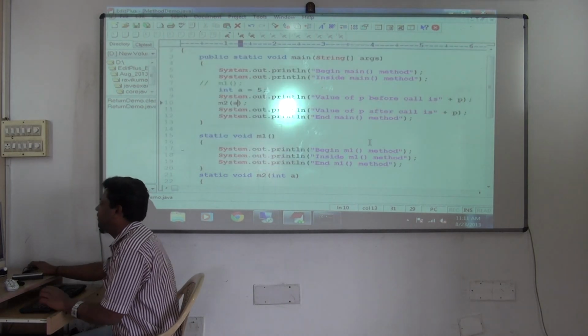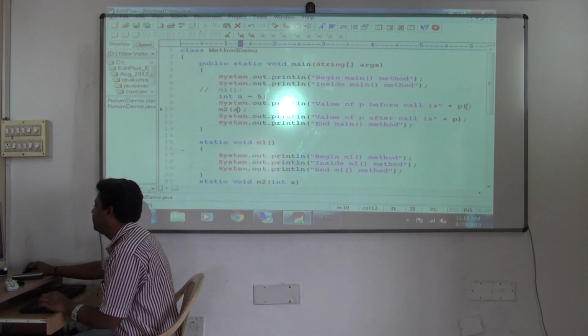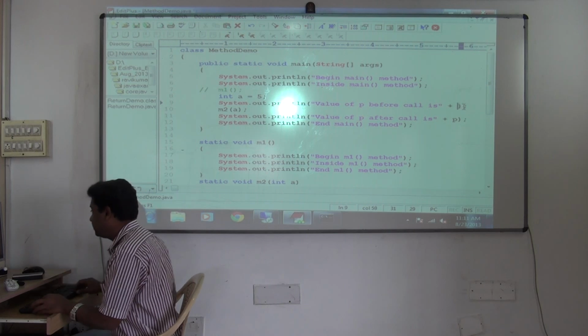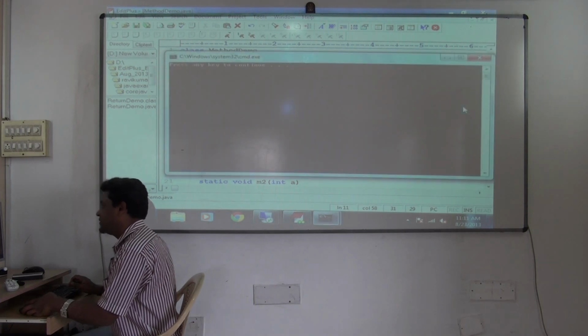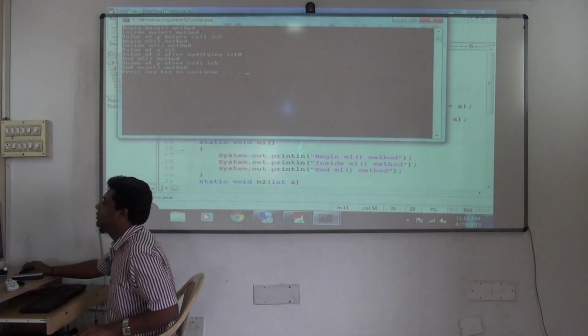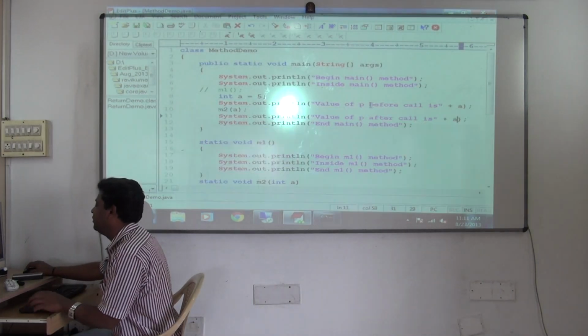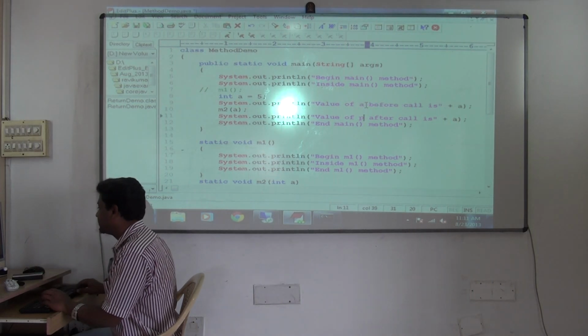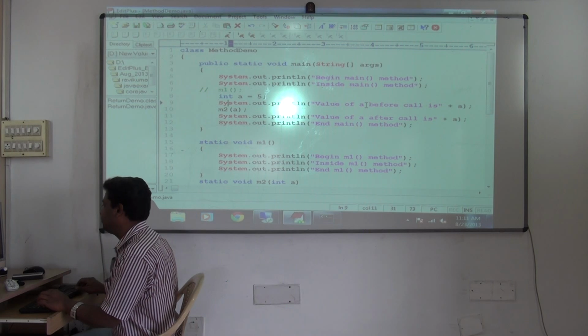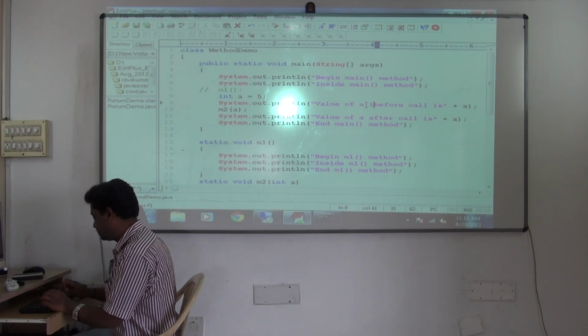You cannot find, it's okay, P. So what you are printing, I have changed it to A now. So you have to change it to what? A and A. Now see, same output, but I didn't change the print statement. It's value of A in main. You have to write like this, value of A in main